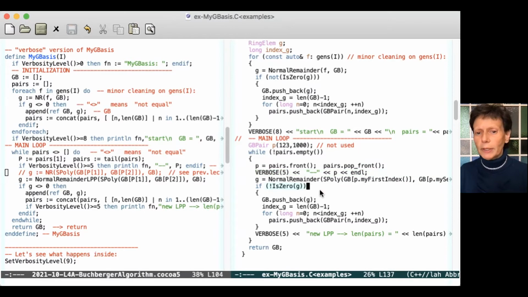And then if the normal remainder is not 0, then we push back in GB the polynomial, and we take the index of this new polynomial as before. It is len of GB minus 1, and we add all the pairs as we did before. We push back all the pairs n comma index of G with n that goes from 0 to the index of G excluded. Okay, so we translated the code from CoCoA 5,